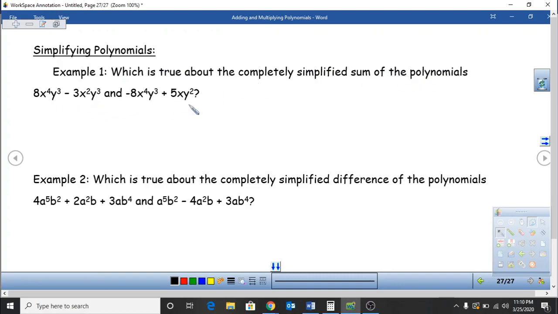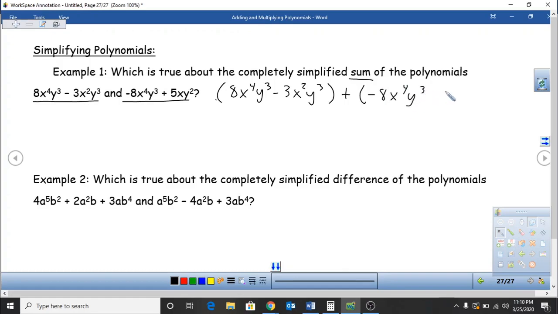Okay, so which is true about the completely simplified sum of the polynomials, and it gives me two polynomials right here. And what I want to look at is the sum. So it's pretty much telling me that I should take this polynomial and add it to this polynomial. So I'm going to keep these together in parentheses. So I'm going to take the first polynomial. I have 8x to the 4 y cubed minus 3x squared y cubed. And I'm going to add, and again I'm using parentheses to keep things together, 8x to the 4 y